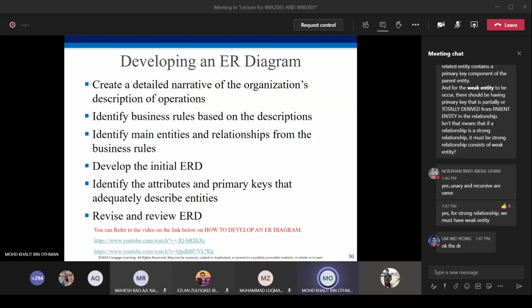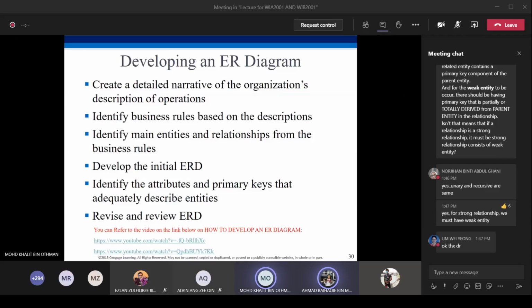So we have entity project, and we also have entity employee. So what is the relationship between project and employee? The relationship between project and employee is that an employee is assigned to a project. Okay, this is an example. And then after that,